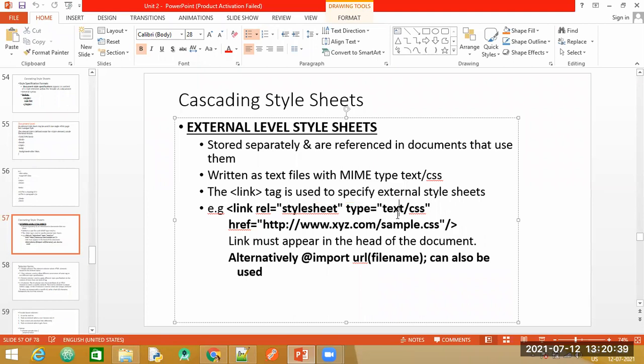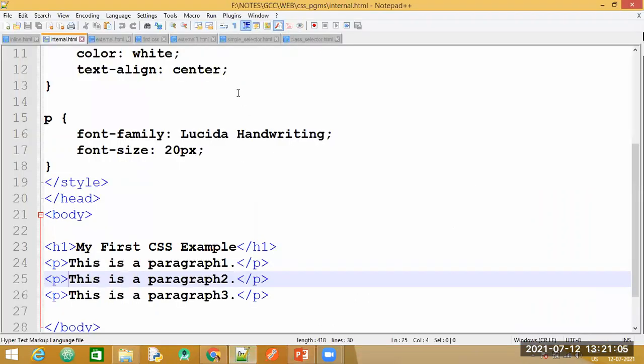Your document could contain text, or it can contain CSS code. Then href is the attribute: if you store the file in a separate folder, you give the entire path, or from the browser you give the URL, or if it is in the same folder, you just give the file name. Have a look at this example for the external style sheet.